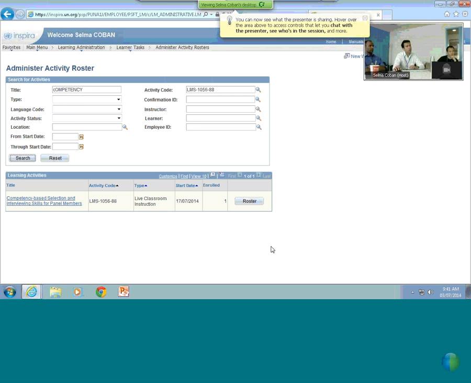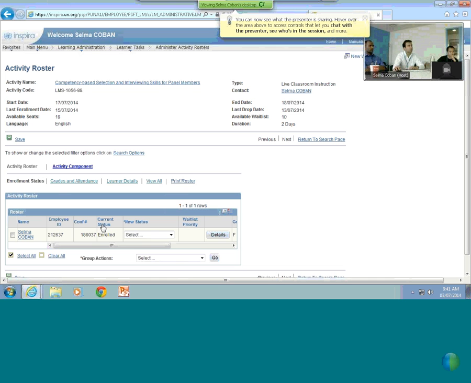I'm going to click on Walter, and as you can see, I have my staff member enrolled with the index number. The system automatically generates a confirmation number, so you can keep track of it. This is a unique identifier.